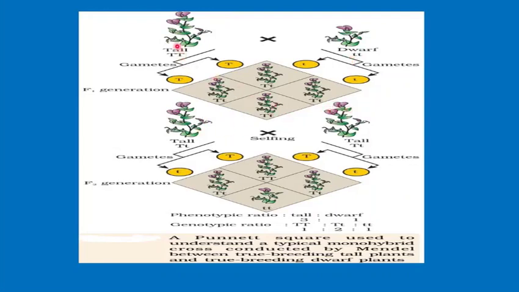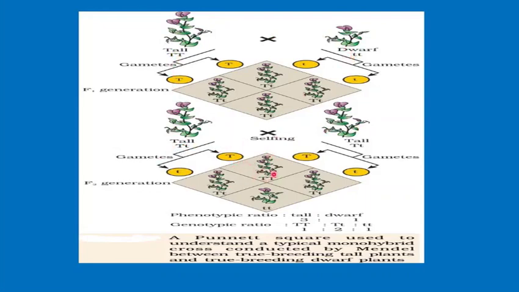So when you are writing it, you must write here parents, then you have to write the gametes, then the F1 generation, and this is the selfing of the F1 generation plants which were tall. Now write the gametes for this. So what are the two gametes? One will be capital T and one will be small t because they are heterozygous. And here also one will be capital T and the other one will be small t. These are called the gametes. And this is the genotype of the parents. Both are tall plants but heterozygous. Here it was tall plant homozygous, dwarf plant recessive homozygous.